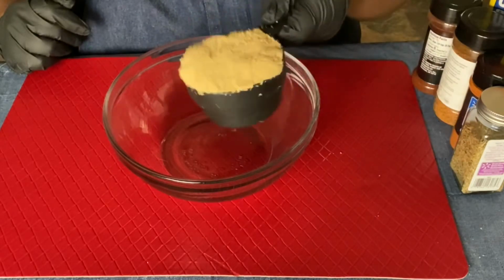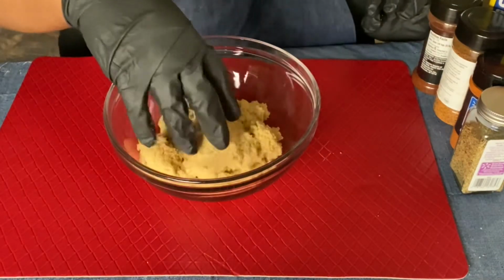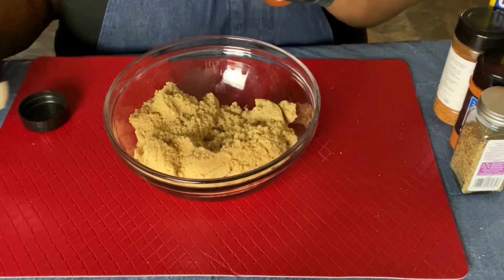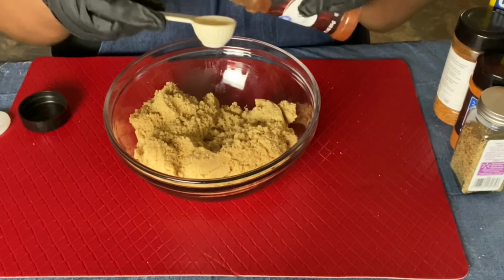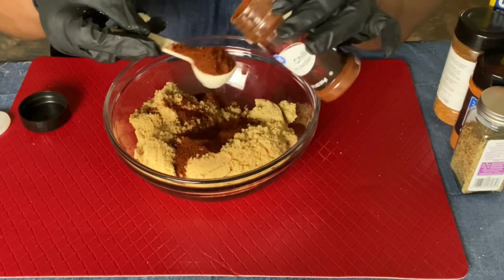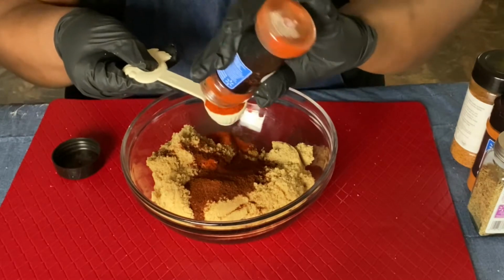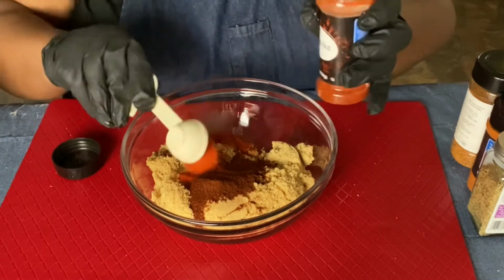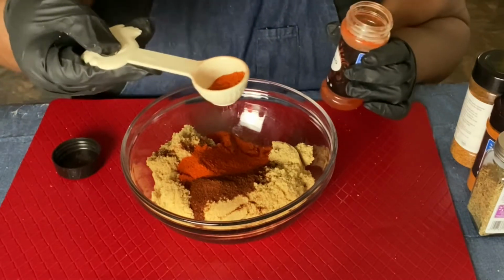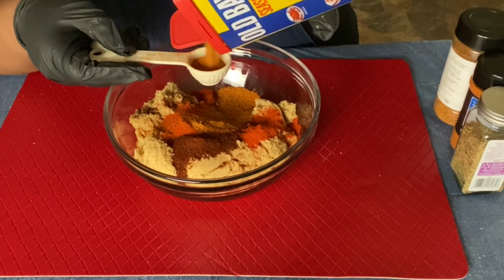First we're going to start out with one good packed cup of brown sugar. And then we have chili powder. I have my tablespoon here. Two tablespoons of chili powder. This is a tablespoon of paprika. I'm going to just pour the rest in there, so this is like 1.5 tablespoons. Gonna do two tablespoons